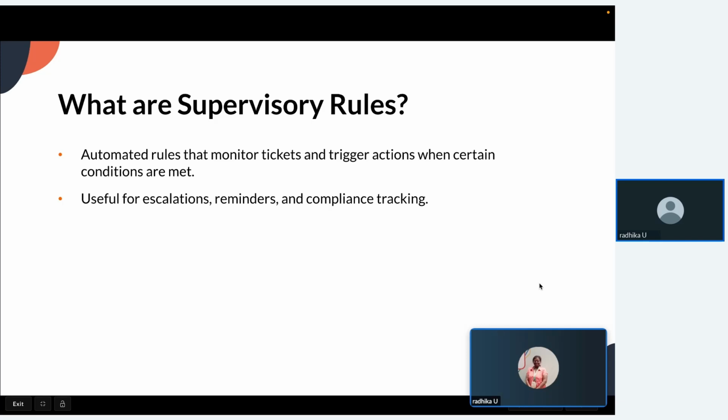Supervisory rule is actually used to monitor tickets and trigger action when certain conditions are met. So this will be helpful for escalation, reminders, and compliance tracking. For example, whenever a ticket is raised, if it is not responded to within 1 or 2 hours, then based on the time, we can get a notification. Either the ticket owner or the team lead can get a notification